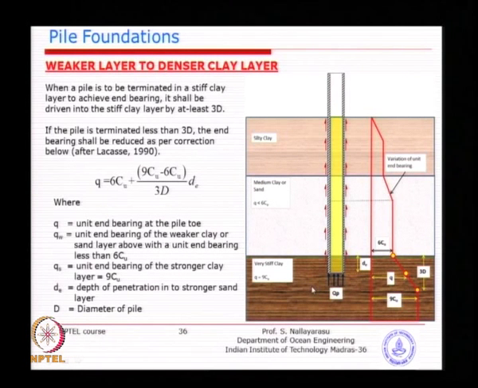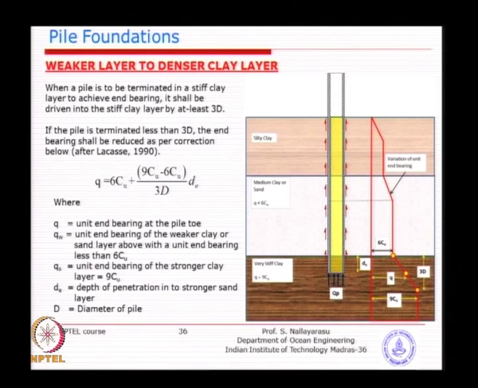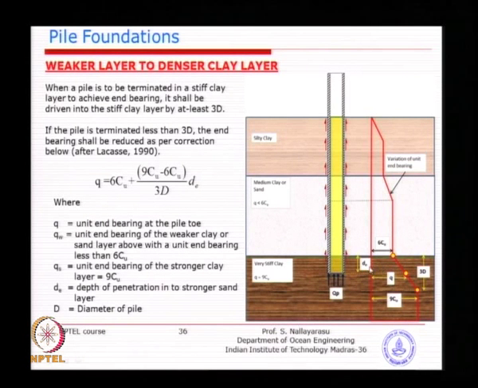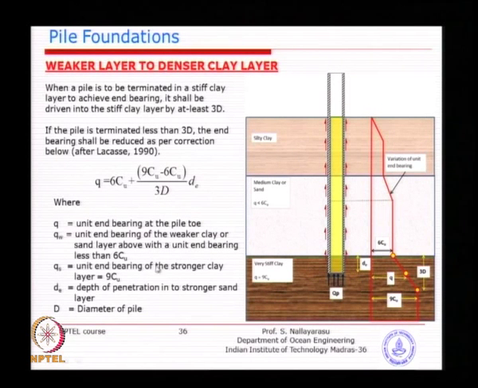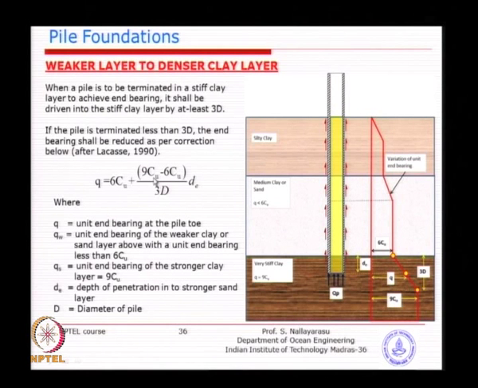So, in here we have medium clay, or it could be sand, either way, and you have a very stiff layer, and what we are looking at is a similar formula. We know very well that 9 Cu is the maximum capacity that you can achieve for clay, and 9 Cu minus 6 Cu divided by 3 diameter. Straight away I have put the API requirement of 3 diameter instead of 10 diameter, because we are not practicing 10 diameter. So, it is again a similar linear interpolation from a weaker clay layer to a stronger clay layer, only the equation or the resistance is changing from sand to clay.